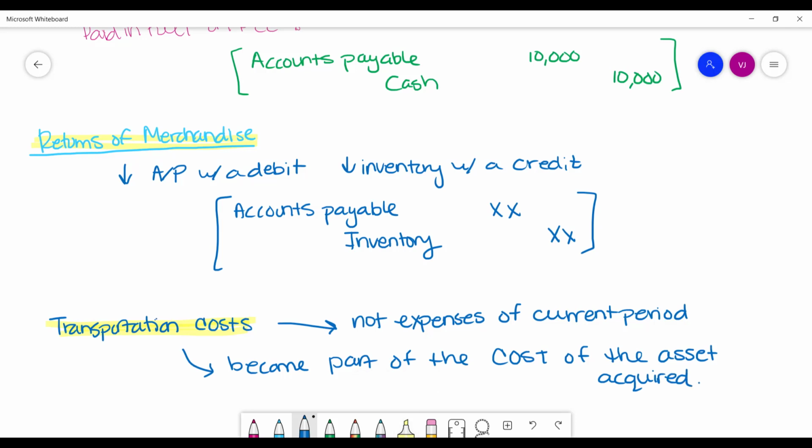So really, this doesn't even just refer to if you're buying merchandise. Also, if you're buying, let's say, a new truck for the business, any shipping costs that you have to pay to get that truck to your place of business, that's added into the overall cost of the asset before you put it on the books. So any transportation costs, you don't list them as expenses of the current period. Instead, they are included as part of the asset's total cost. So if we're looking at the total cost of merchandise, it's not just the cost per unit. For example, you'll also factor in what did it cost to get the merchandise to me, and that will become part of the total cost that will go on the balance sheet.